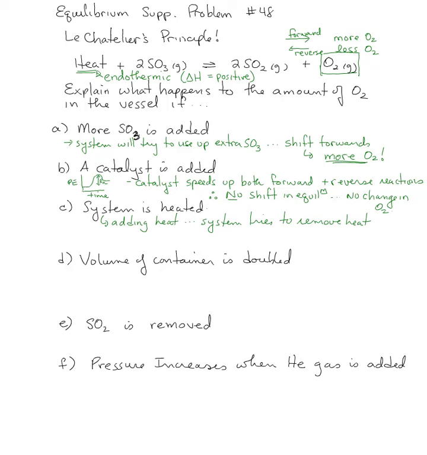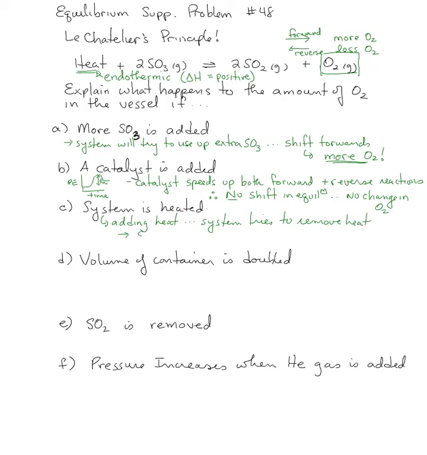Now we can look at this reaction again at the top of the page. If the reaction were to shift in the reverse direction, if it shifted from SO2 and O2 back to the SO3, then it would be producing some heat. And we remember that when a reaction produces heat, it feels hot. Well, the system's not trying to produce heat. It would like instead to use up some heat to cool down. So that means that the reaction is actually going to shift in the forward